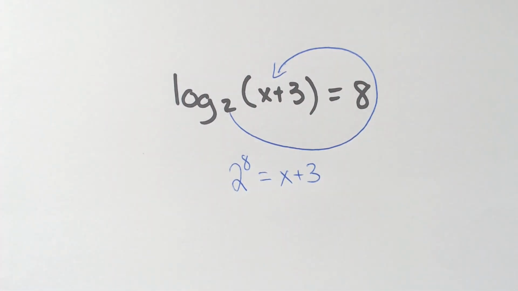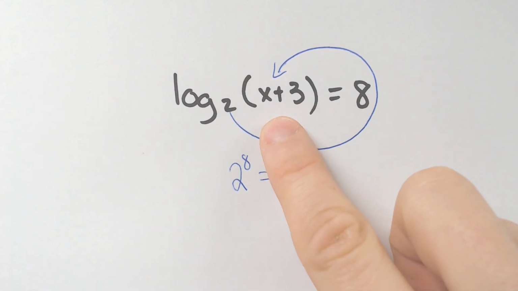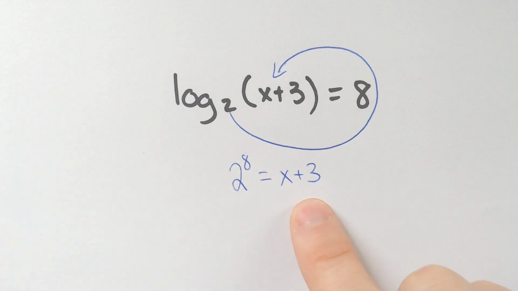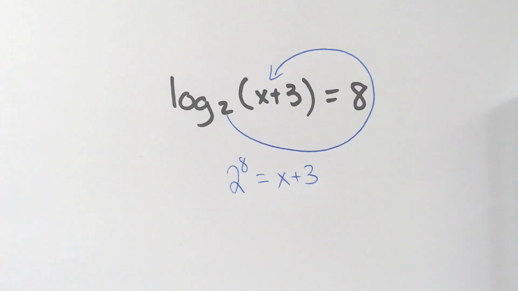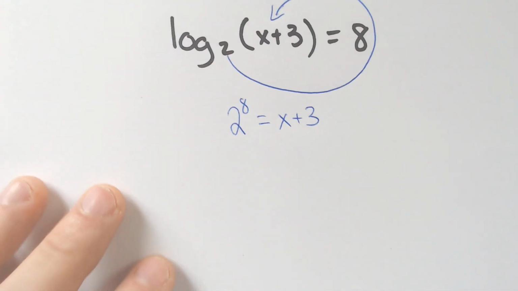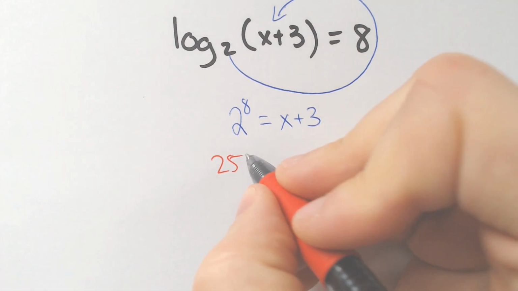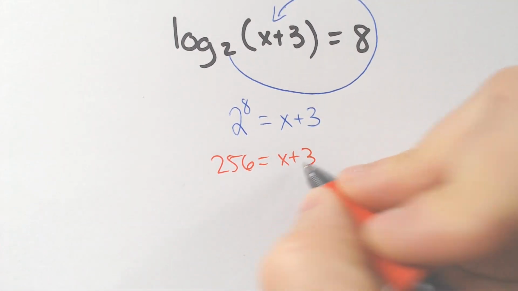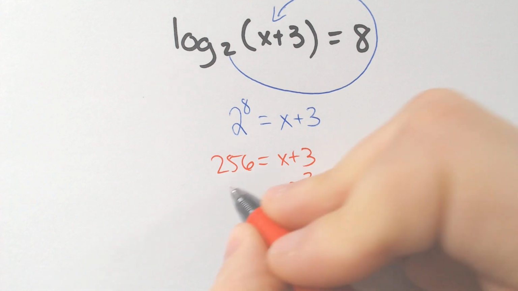It's officially called exponentiating the logarithmic equation, which is way too big of a mouthful. So 2 to the 8th equals x plus 3. All you have to do is know what 2 to the 8th is, which I actually do not. 2 raised to the 8th power is 256. That's a big number. So if we have 256 is equal to x plus 3, subtract the 3,